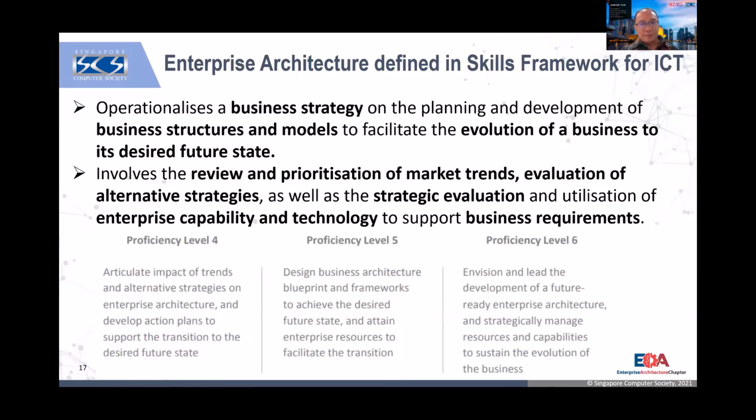So, of course, just as we mentioned, in the EA itself the proficiency is level 4, 5, and 6, right? The highest level is level 6. This is where the development of the skill set itself is very, very critical. If we have more architects in every organization today, the organization should be able to weather the storm in terms of the disruption, in terms of the competition, etc. Because you can see the definition of architect is actually just these 2 paragraphs, but it's very heavy and carries big responsibility.